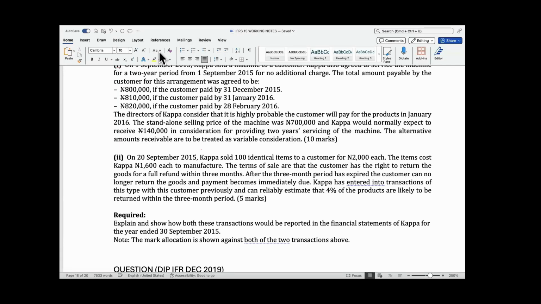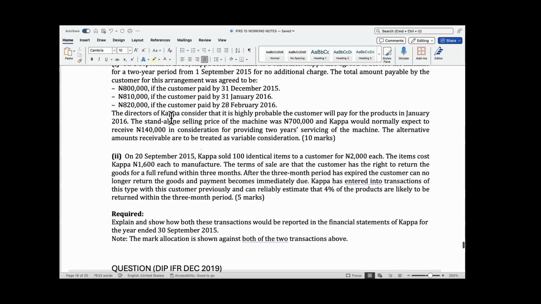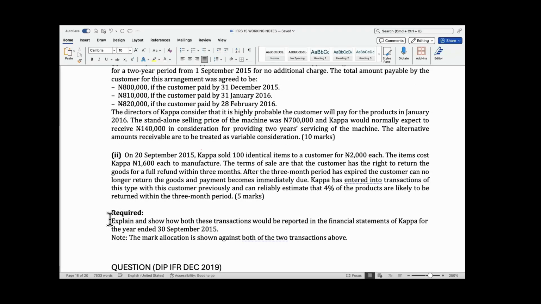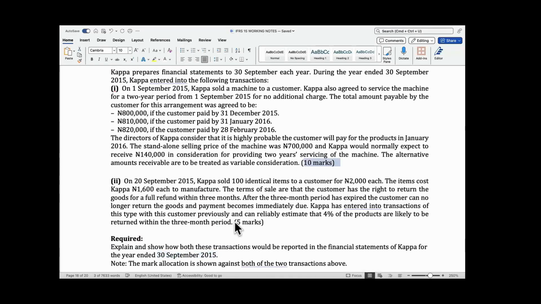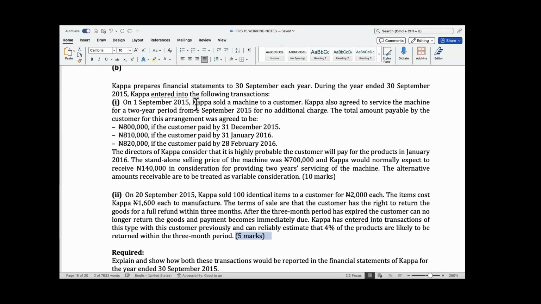Okay, this is a good question. So let's look at the first one before we go to the second one. What the examiner wants us to do is to explain and show how this transaction will be reported in our books, and our year ended is September. So this is 10 marks, this is 5 marks, 15 altogether. So what's happening? Kappa sold a machine to a customer and also agreed to service it for 2 years from 1st September